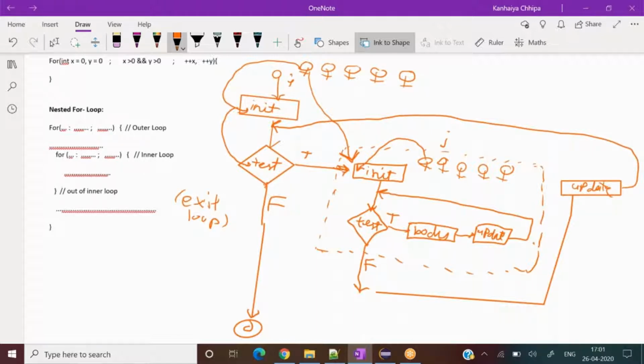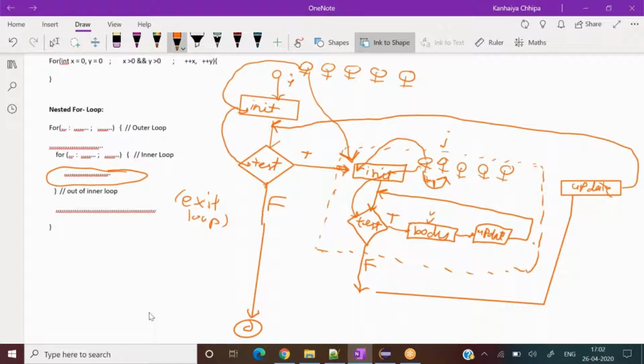Okay. So the first value of I was coming here, it was tested once, and then it came here, right? And then the number for J was coming here, so that has come here, then it gets initialized over here, then its condition would be checked over here, right? If that is true, then the inner for loop body part here would get executed. Then this guy would be updated, I mean incremented by 1.